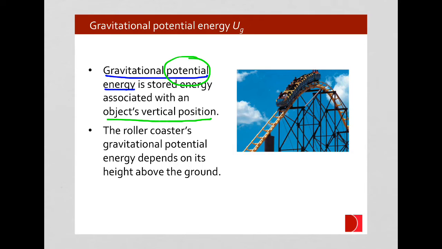We see that in things like water wheels, where you have water that's flowing down a hill. As the water flows by the water wheel, it pushes the wheel, and we're able to harness that to do work. Similarly, as we see in the picture, a roller coaster also uses gravitational potential energy. The roller coaster is brought up to the very highest point. There you have a large potential energy, and as the roller coaster slides down the other side, you lose that height, but that energy is released.